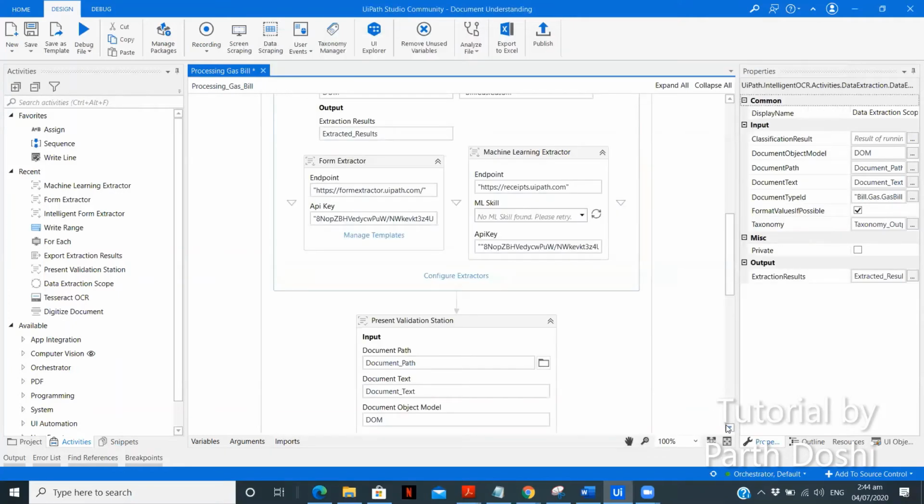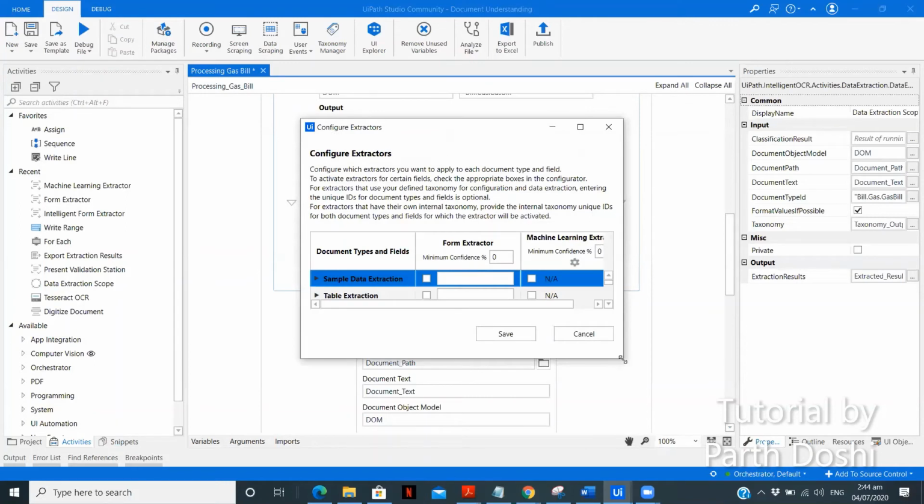So what this particular thing is, like using multiple extractors, first, it will check in the form extractors with the check fields you have selected. If all the data is extracted over there, then it will keep that data only, and then it will pass to the machine learning extractor. So the results of the first extractor are passed to the second one and so on. So here it won't extract the address because I have not selected that field, and it will go to the machine learning extractor. So I've configured my extractors accordingly.